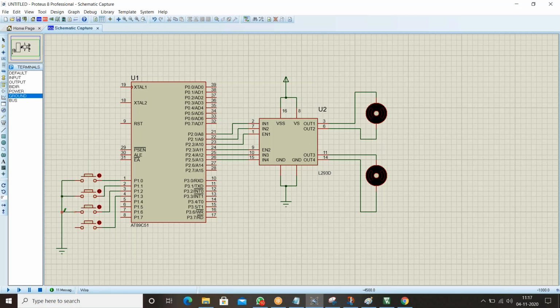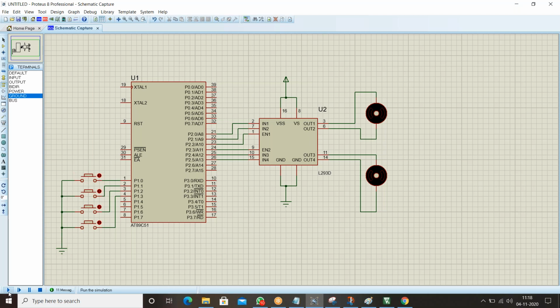Guys, I hope you got my point, right? I know the logic of button also for you. 0 is for off, 1 is for on, right? In yesterday's class, I discussed it clearly. If we want to rotate this motor 1, for example, if I click this button, it means that logic 0 you have to give. Otherwise it means logic 1.